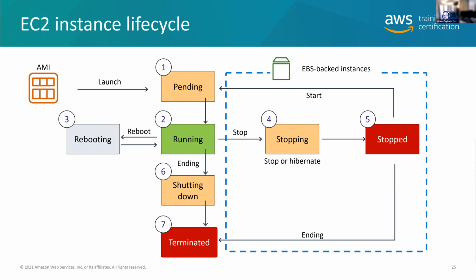Now, instances do have a life cycle. So when they have an AMI, which is that Amazon machine image, and you boot it up, you launch it, it goes from a pending state to a running state. Once it's in that running state, if it has a hard drive attached to it, which by the way, it should, because you want to use what's called the elastic block storage, you want to use that as much as possible. When it's in a running state, you can either reboot it or you can shut it down, which is also known as termination, or you can stop it, but you can only stop it if it has an EBS volume attached to the root drive.